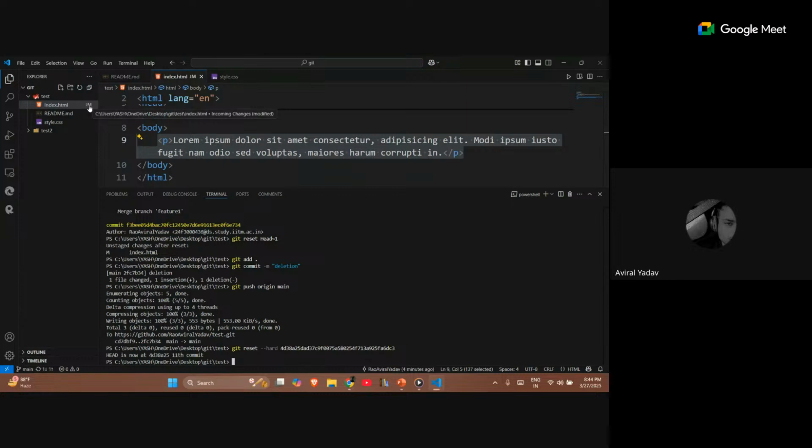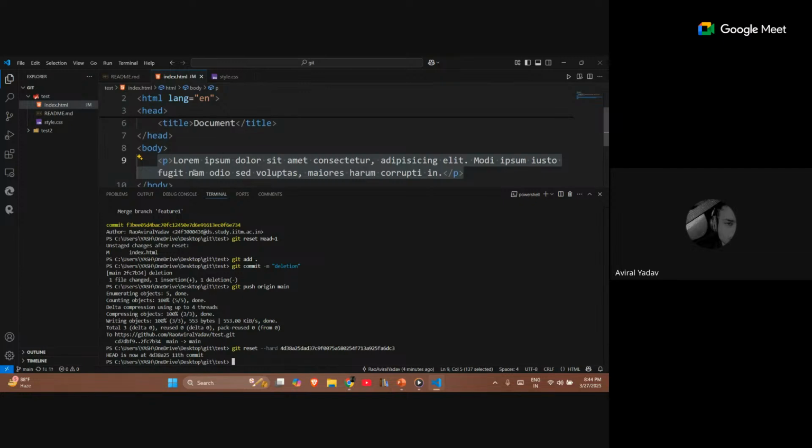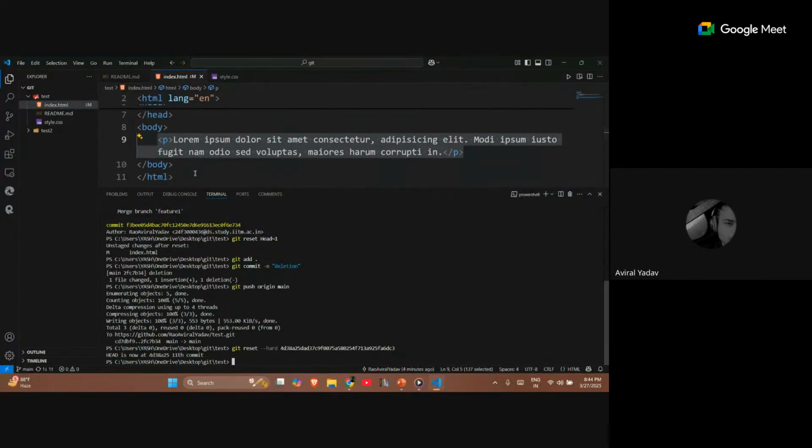And it has been reset, but I think my editor is working a little bit slow. As you can see, this icon has appeared over here, but it's not moving. Maybe an issue with the editor. Let's not get stuck on that. Let's move on ahead, because this icon has come down, which confirms that it has been deleted, but the editor hasn't updated. I think there's an issue with the editor.